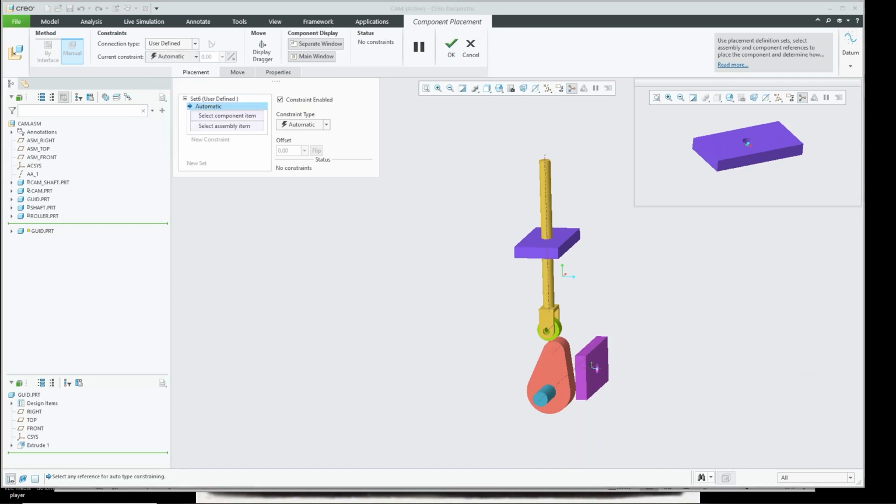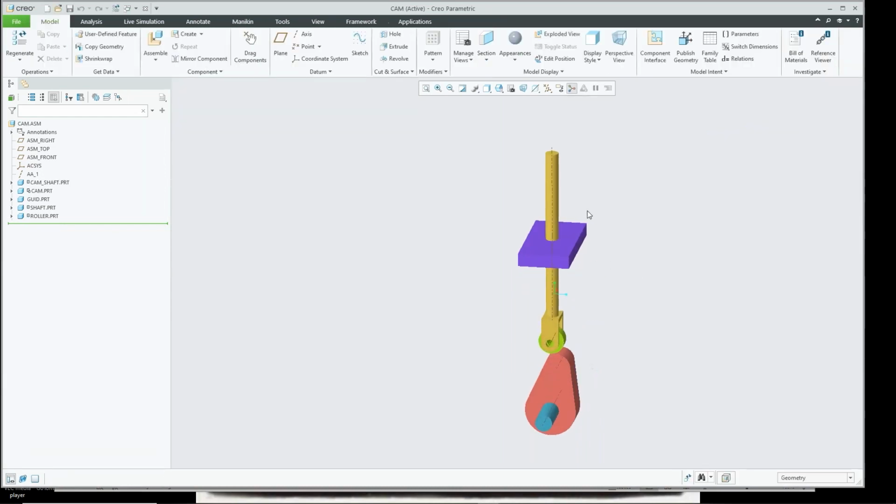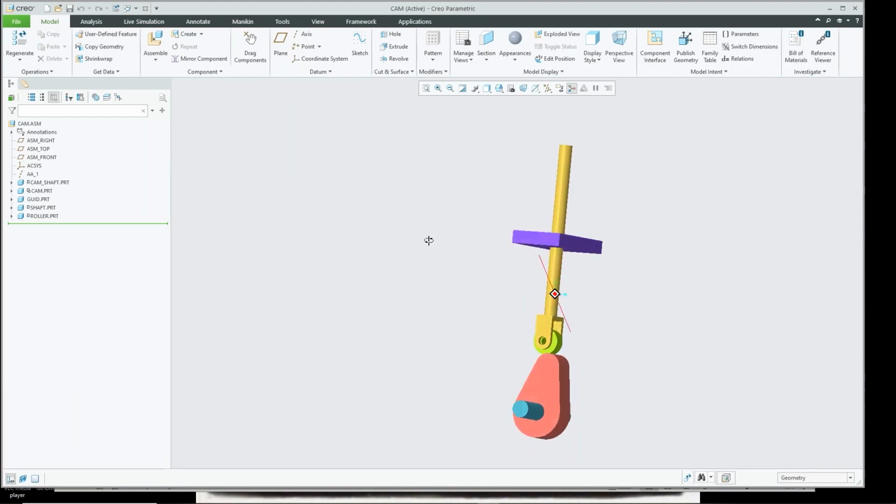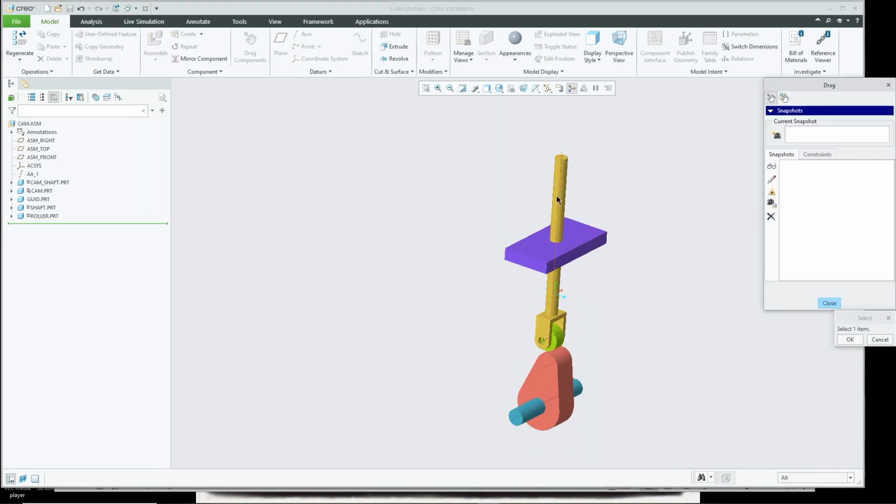Where are we at with the question? Top line on the cam design. Will the roller stay on the cam? You drag the shaft up away from the cam. It won't, because of the way it is configured. One of the questions is, will this stay attached if this gets pulled above? And the way it's configured,